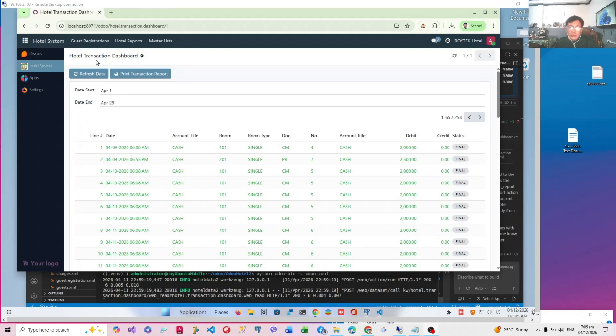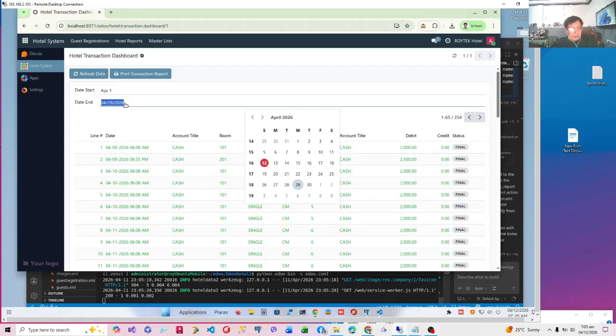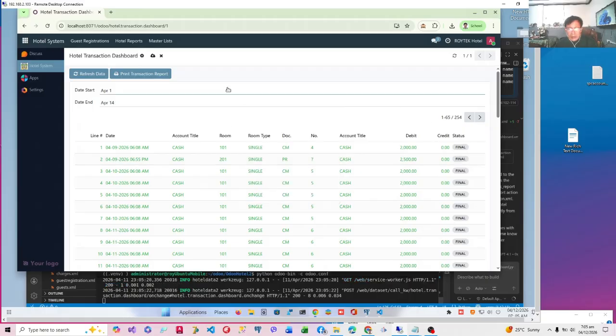We also created a dashboard using an XML view that uses the two models. The first model is used to set the parameters from the user, which starts with a beginning date and end date, and once he refreshes, he gets the corresponding set of data. You can refresh data like this, and then what we're going to do in this video is to create the report that actually prints it to a PDF file.